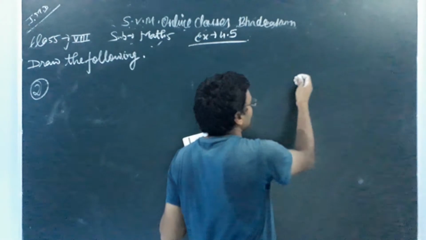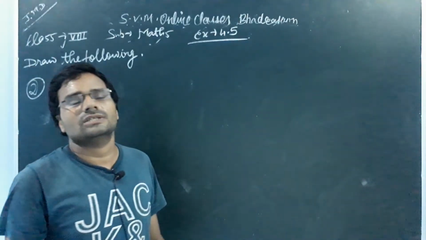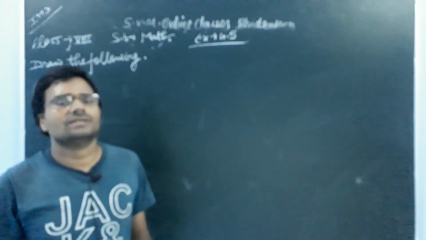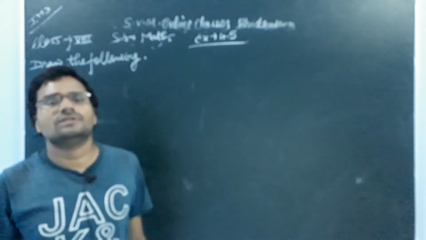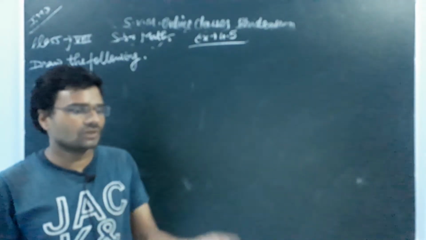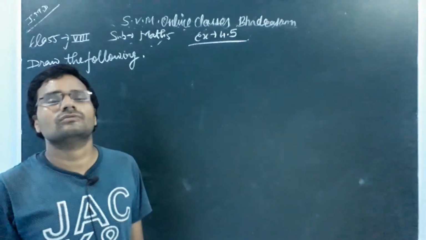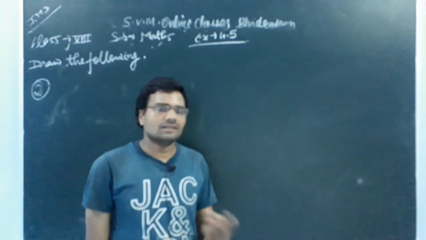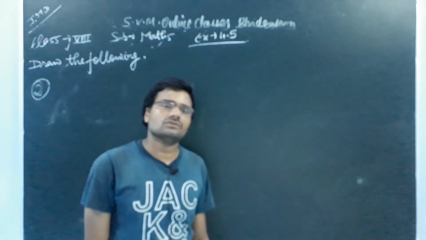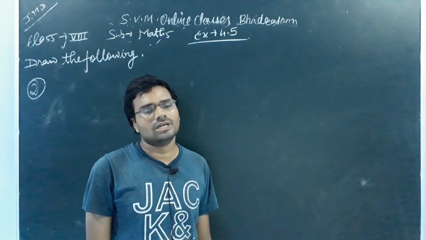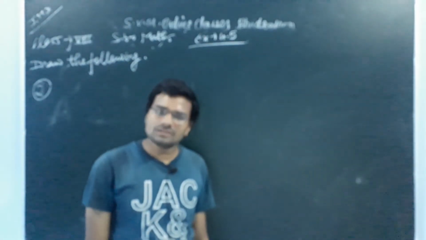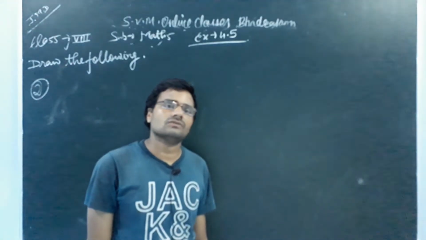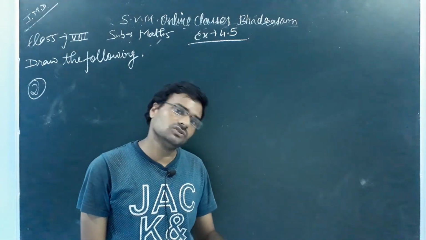Actually a rhombus is a figure whose all sides are equal but no angle is 90 degrees. A rhombus is just the same as a square, but there are two differences. First, no angle is 90 degrees in a rhombus, but all angles are 90 degrees in a square. Second, in a square both diagonals are equal, but in a rhombus both diagonals are not equal. In other words, if the diagonals of a rhombus are equal, then it will be a square also.